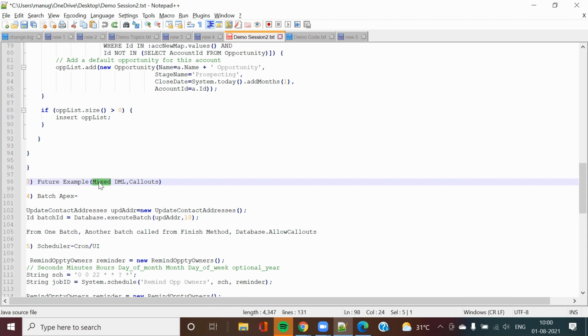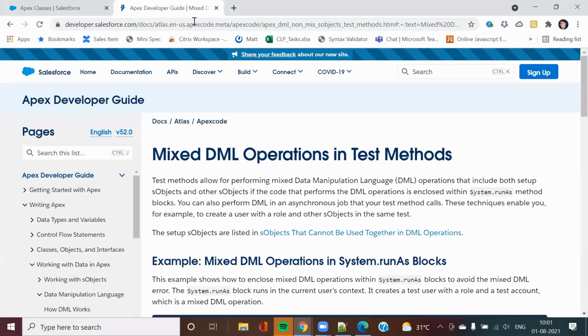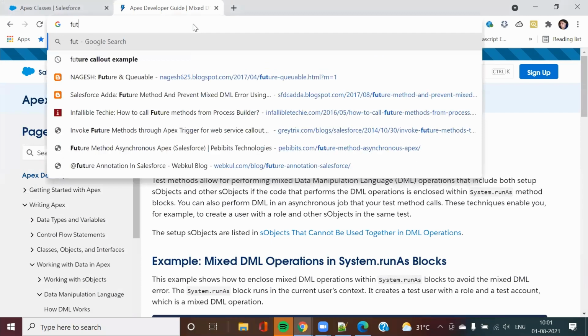After that, previously all of these transactions were synchronous. Now in case of asynchronous transactions, future we covered. In future we covered the callout part, and apart from that, we covered mixed DML also. In case you want to check the properties of future, you can check it out.